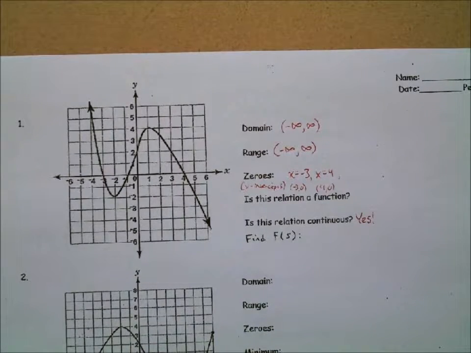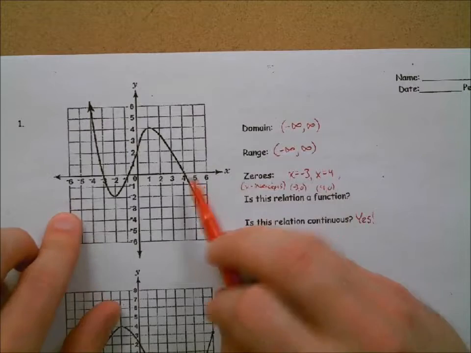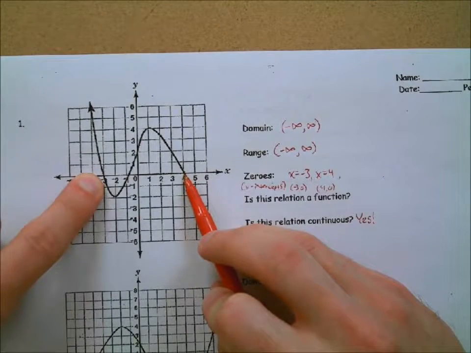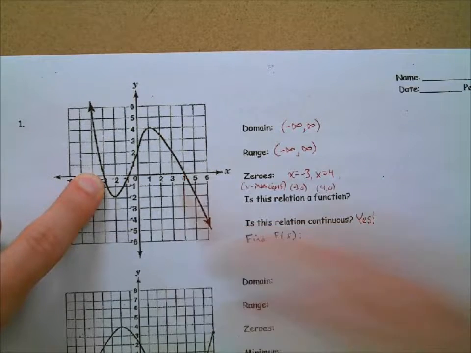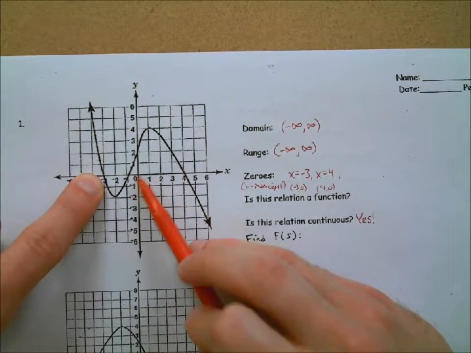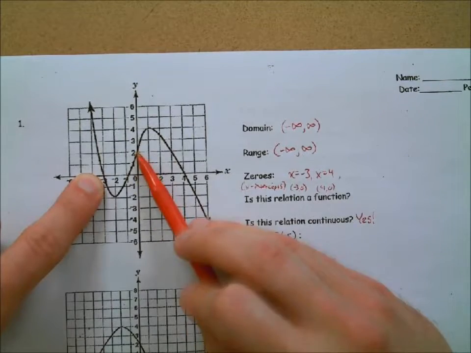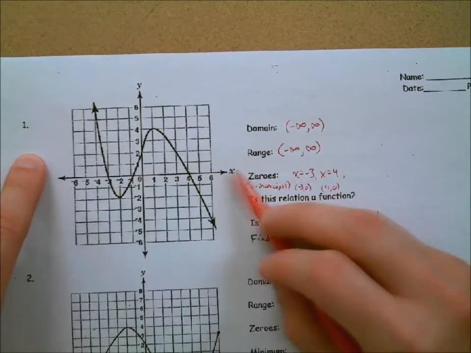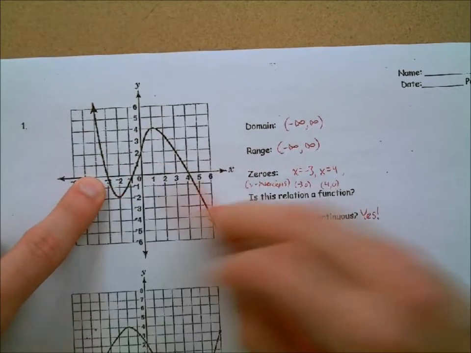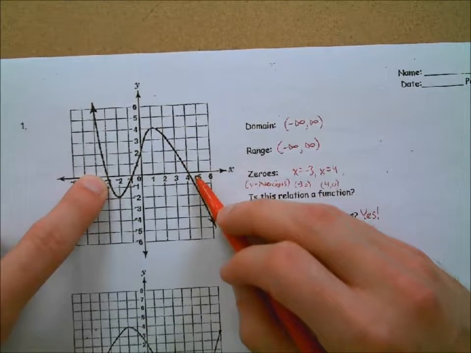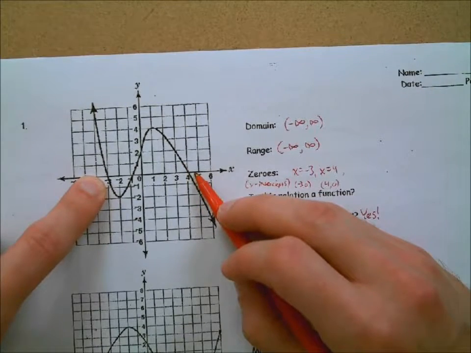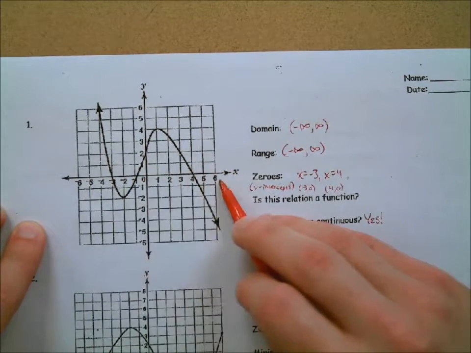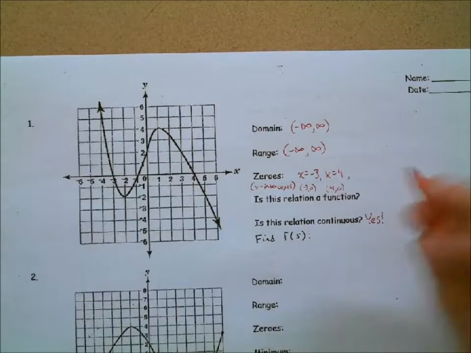Okay, and then the last one, Catherine. We got that zero, we got that zero. Catherine, what's the other zero we didn't list yet? At 0 is the graph. Oh, well, that's crossing through the y-axis. Where else does the graph cross through the x-axis? Besides at -3, see it's crossing through at -3, and besides at 4, see it's crossing through at 4. Where else does the graph cross through? Here's the x-axis right here. Do you see it? -1. Yes, very good. -1. See, you do know. Very good.